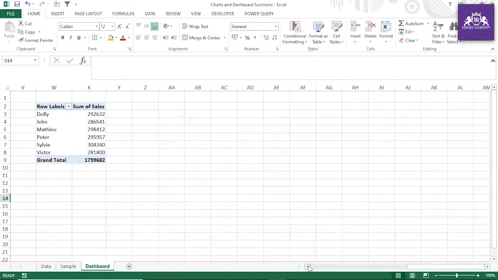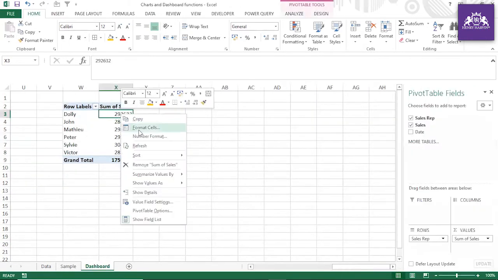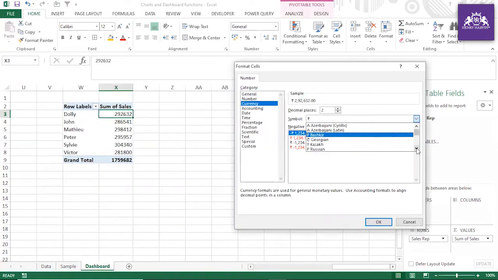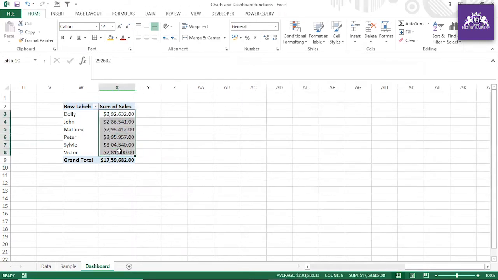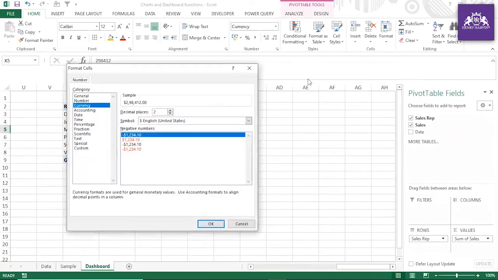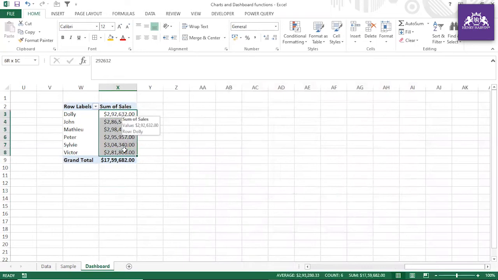All right, and since the value in the sample data is in dollar format, you just select this, go to number format, go to currency, and if you just click this, see what happens. Okay, so everything is in dollar format. Now if you again click anywhere, guys, go to number format, it applies everywhere. If you want decimal places, maybe just one, or maybe two. If you want a 1,000 separator, you can see what options are available. All right, so you can select this. So guys, this is the sum of sales,